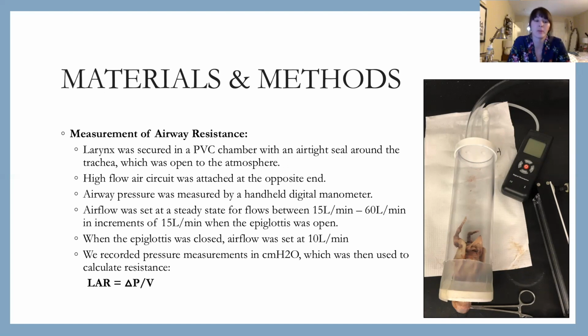With the epiglottis open, we tested at a range of airflows from 15 to 60 liters per minute. We increased at increments of 15 liters per minute during that testing. When the epiglottis was closed, we only tested at 1 airflow of 10 liters per minute. During each testing, we recorded 3 pressure measurements for each flow rate in centimeters of water, and then used that